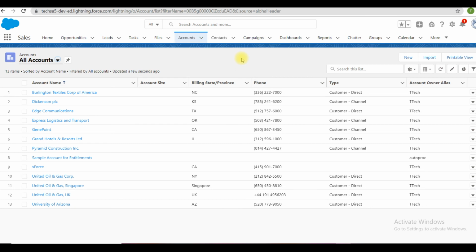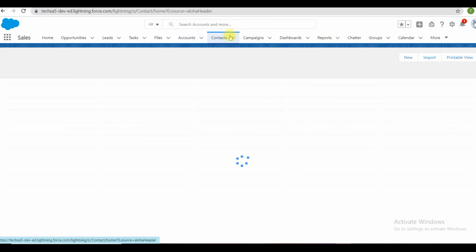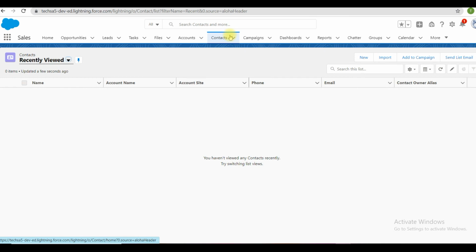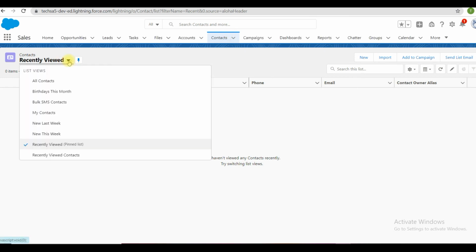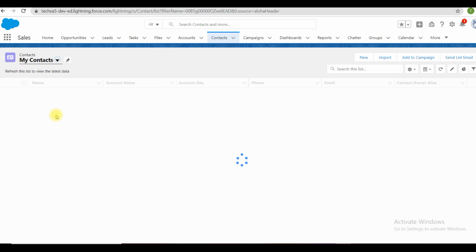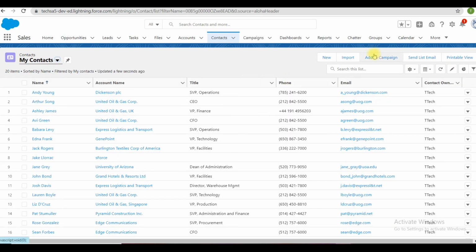It may be account, it may be contact, whatever it is. Contact is a standard object provided here. There will be some default records as well. Here as well you can create any contact information, manually one by one, or you can bulk insert, and importing is possible. All these are provided here.